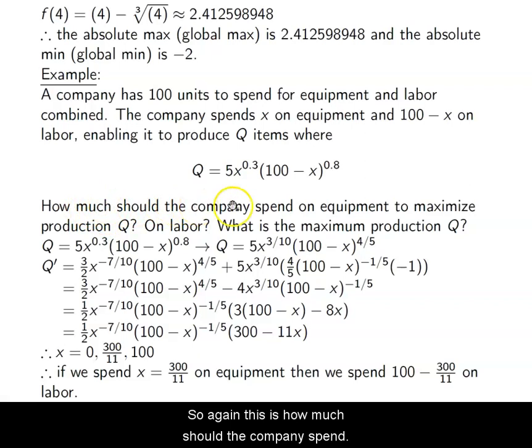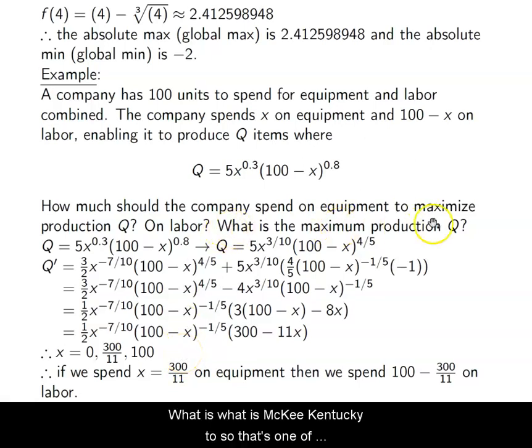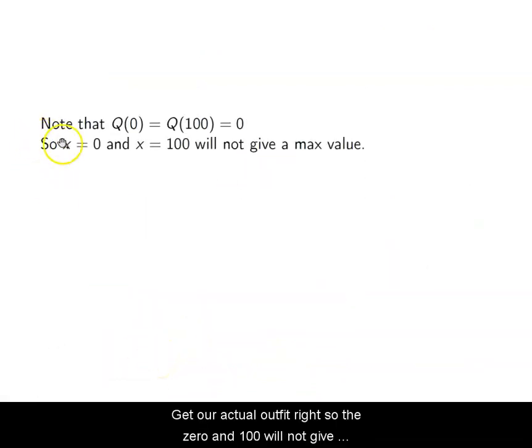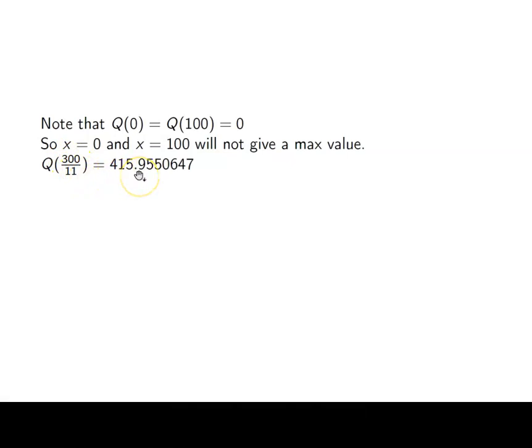So again, this says how much should the company spend on equipment to maximize production. This is the amount that we need to spend on equipment. It's not asking me for the maximum. Oh, it is. What is the maximum production Q? So one of the things we're going to do is plug this into our function to get our actual output, right? So 0 and 100 will not give me the max value at all, they just give me out 0. When I plug in my only critical value, I get 415.9 units,